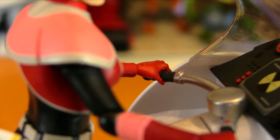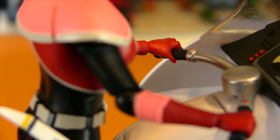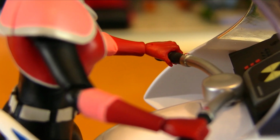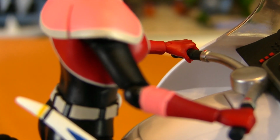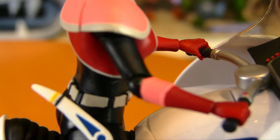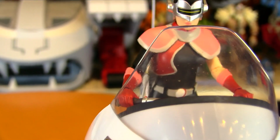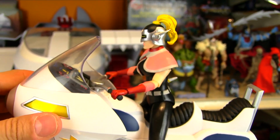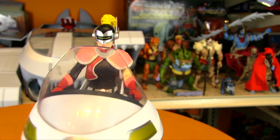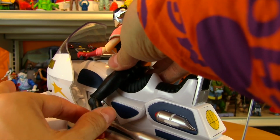I don't know if you can see that. Right along the thumb there's a white stress mark from using a hairdryer to make this really brittle plastic bendy. So that is not cool. It should have had a lot more pliable hands if it's going to be a character that's going to be gripping handlebars on a vehicle. And unfortunately, there isn't really any proper way to